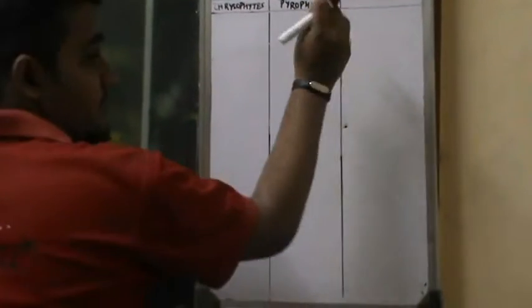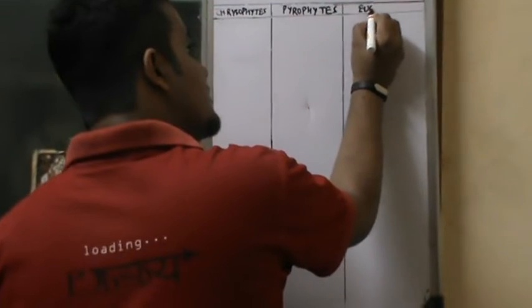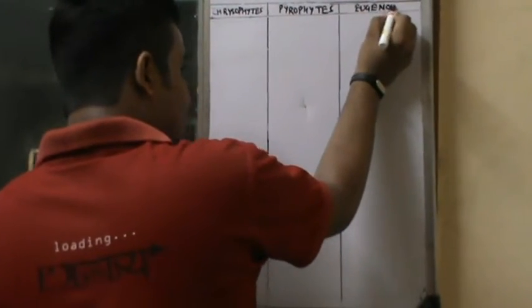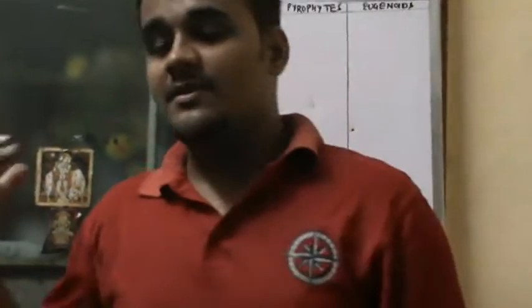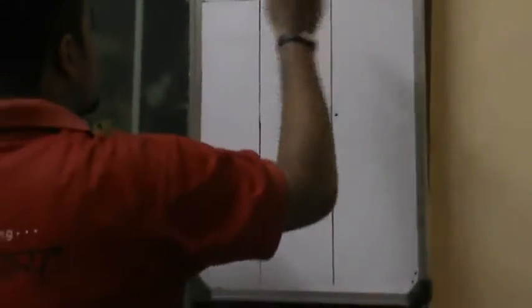The very third group we have to discuss is going to be euglenoids. I just want to give you this in a comparative way, because it's the best technique: when you study by comparison, you will always remember it. So the very first thing is the group members, the sole members.